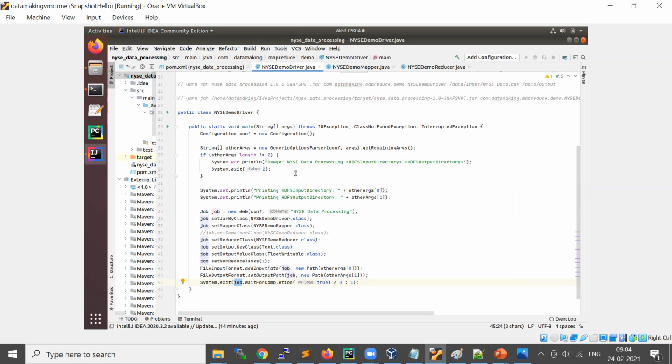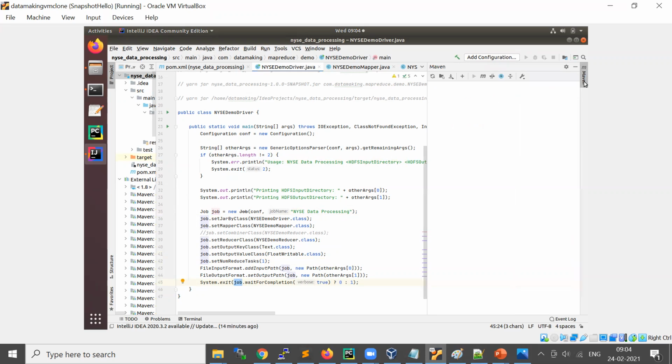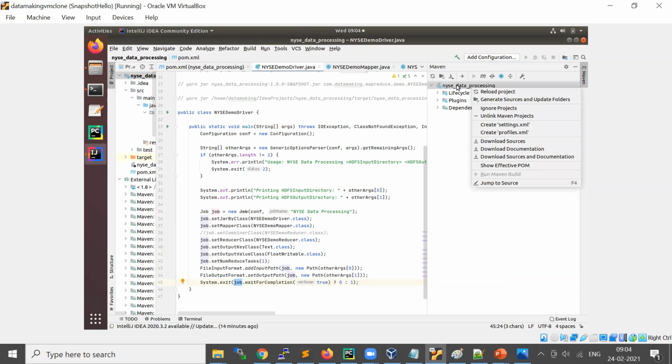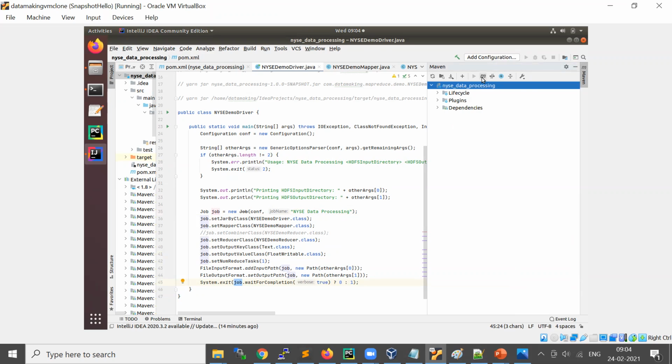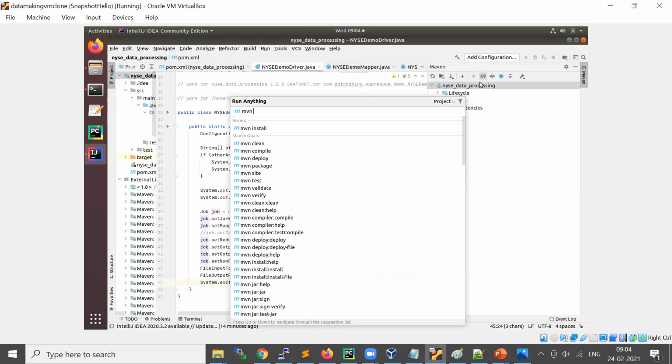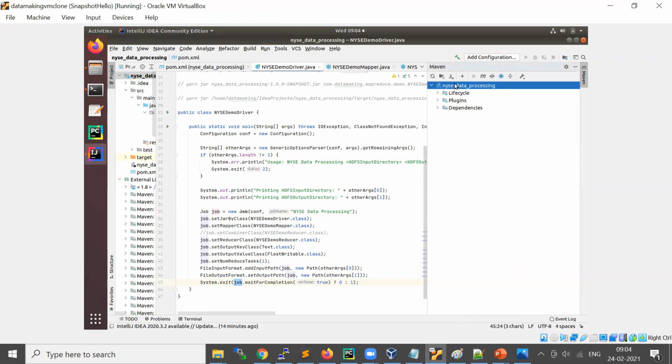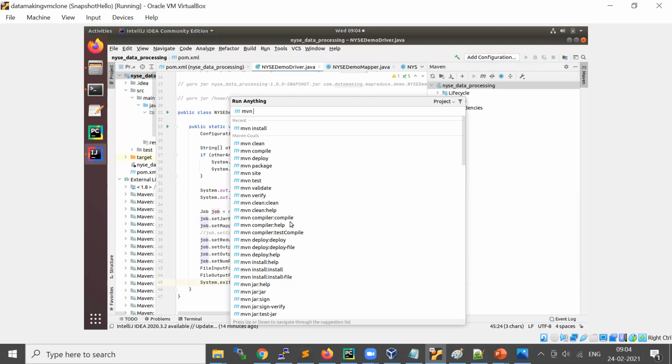Now we need to package this as a jar. In this IntelliJ IDE, as in other IDEs, there are different ways to build your jar. In IntelliJ, you have Maven here. You can click on this M symbol, and these are the commands actually.